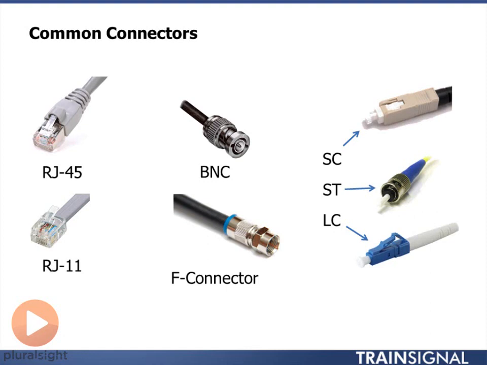Because right below it I have an RJ11. That would be your standard telephone wire connector. So if you're still using an old dial-up modem, that's the type of connector you're going to have on there. The big difference between an RJ11 and an RJ45 is the number of wires that are able to be housed inside of that connection. The RJ45 can house the 8 wires that are needed for your twisted pair cabling that is used with Ethernet